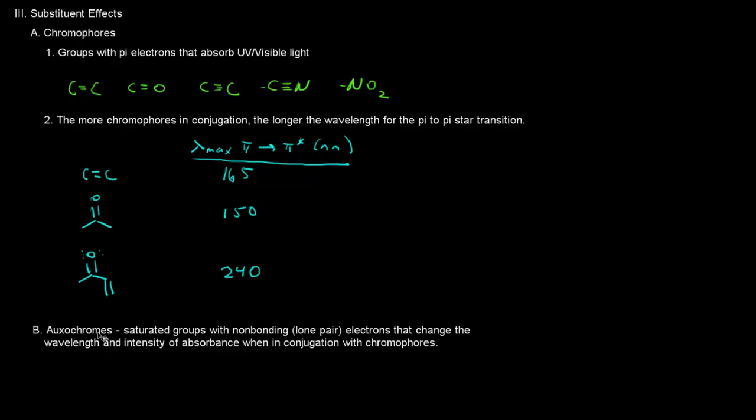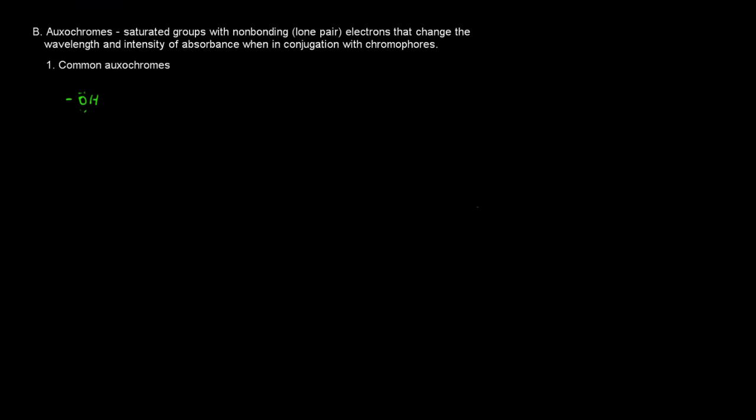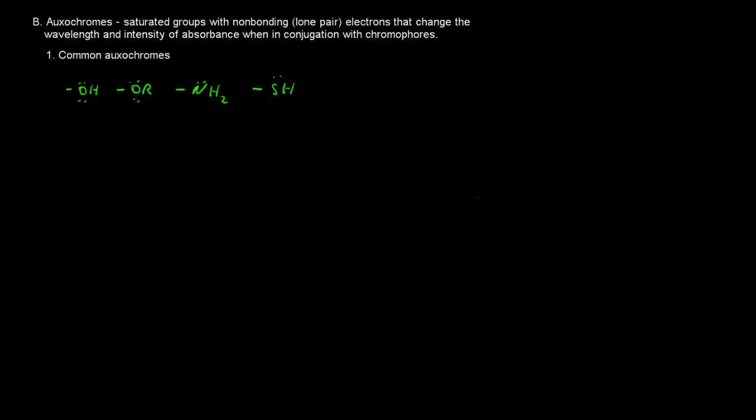Those are defined as saturated groups with non-bonding, meaning lone pair, electrons that change the wavelength and intensity of absorbance in a compound when in conjugation with chromophores. Common examples of oxychromes are the following: alcohols, ethers, amines, thiols and sulfides, and halogens, all having non-bonding electrons that can be promoted to pi star or